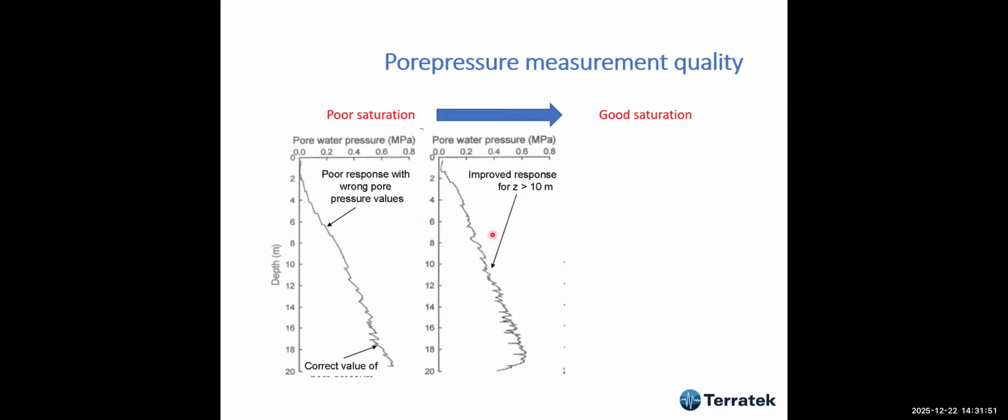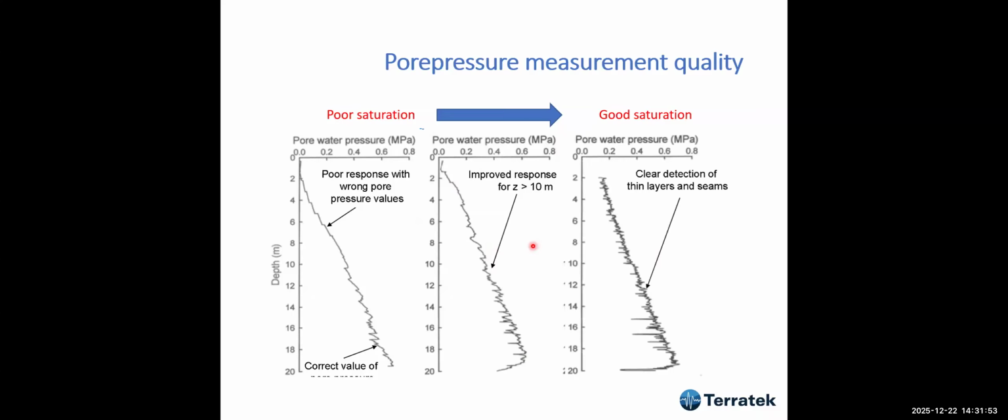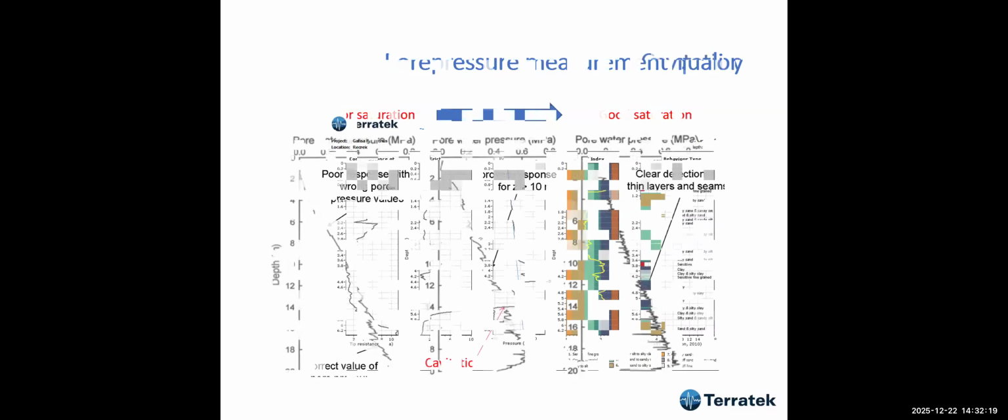These are not. Okay. And if you have a very good saturation, that's the kind of plot that you have. You can see it from the plots. Okay, you can see it from the plots. And this, for instance, could be if you do a dissipation test, which we're going to talk about later, you can have this drop, or it could be a sand seam. If I have a sand seam, this could happen.